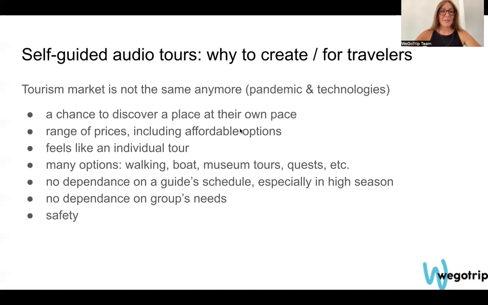So for travelers, considering all the change that is happening in the world, a self-guided audio tour is a great chance to discover a place at their own pace, not being dependent on a guide's schedule, not being dependent on a group, especially if it's a big group and everyone wants to do this and that.